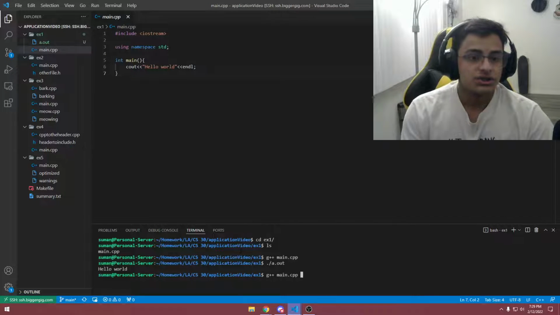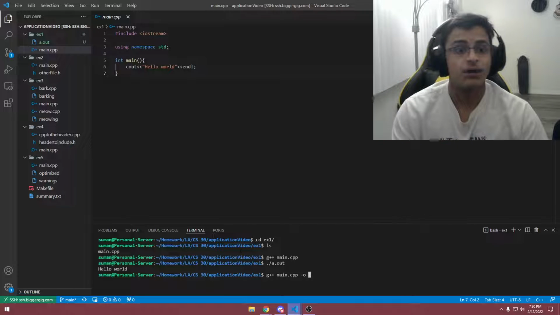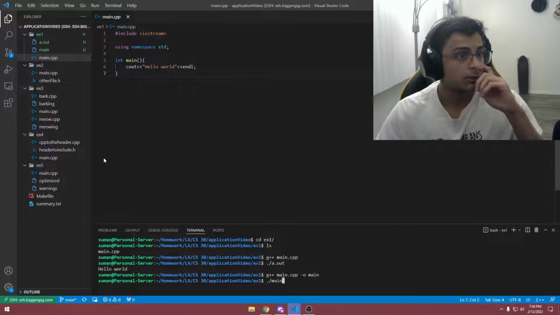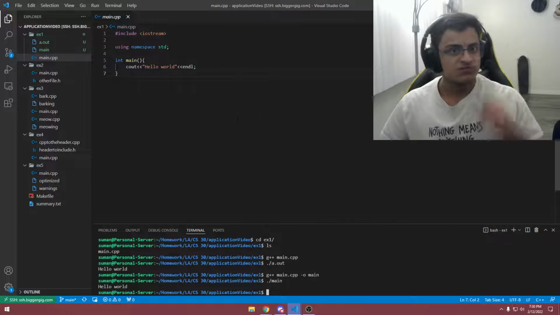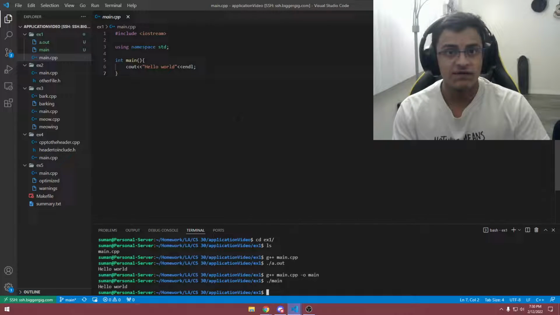Another thing we can do, a really useful flag that you'll use pretty much every time, is dash lowercase o, which is the output. If I do main, it'll compile that to something called main that we can see right here. If I run this, we see it here. And just for small projects, simple stuff, if you don't have a makefile and it's just a single file, you can do,